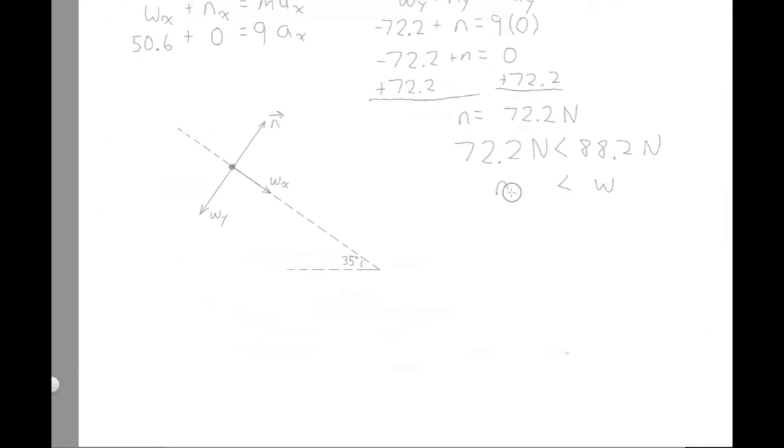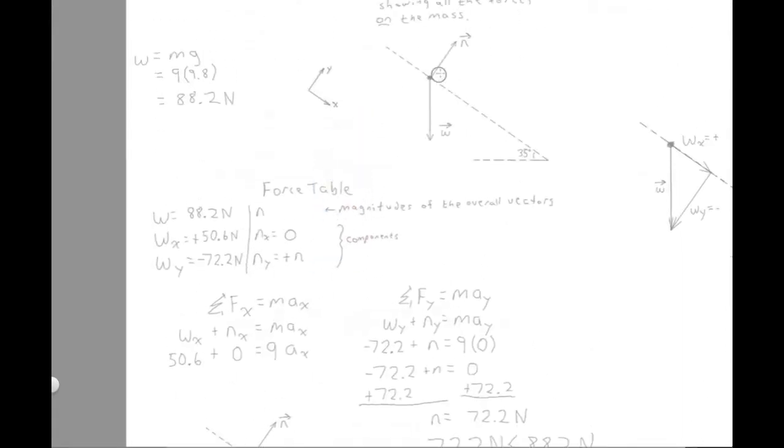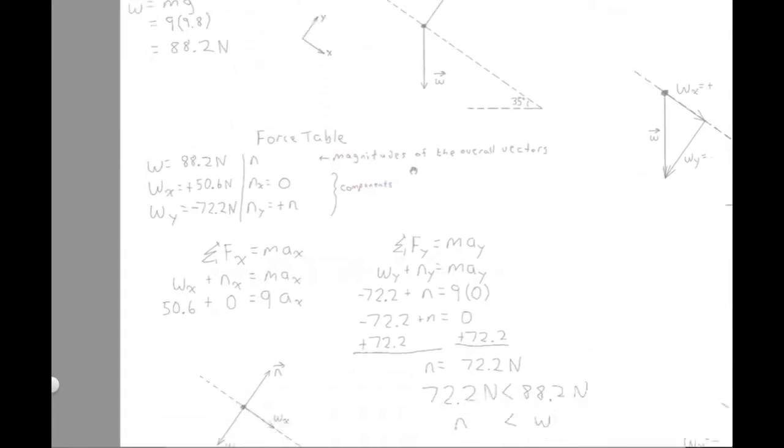Why does the normal force exist? Remember, the normal force exists to prevent the mass from being pulled through the surface of the hill, of the inclined plane. Well, who is trying to pull the mass through that surface? It's the Earth's gravity. The Earth's gravity, the weight, is trying to pull the object into the inclined plane, but